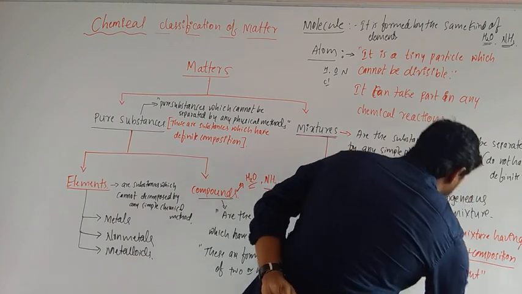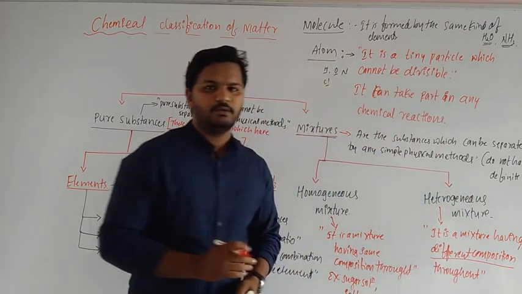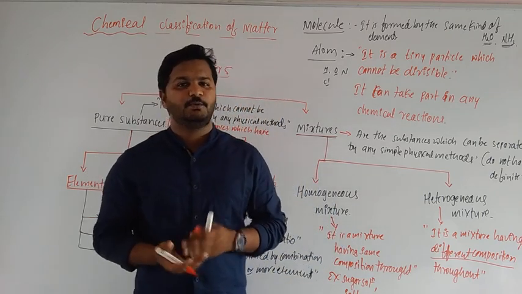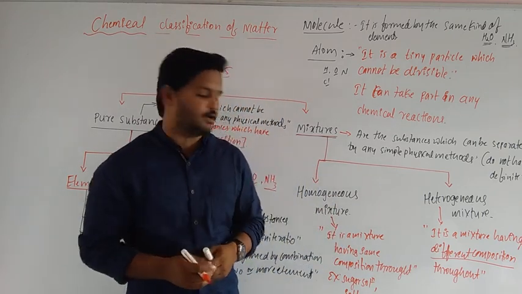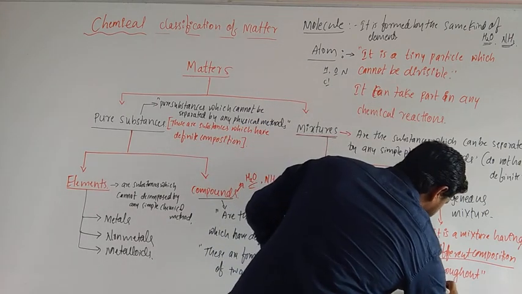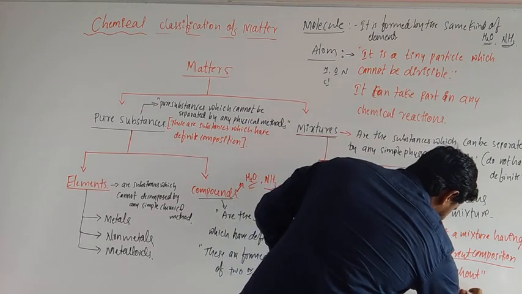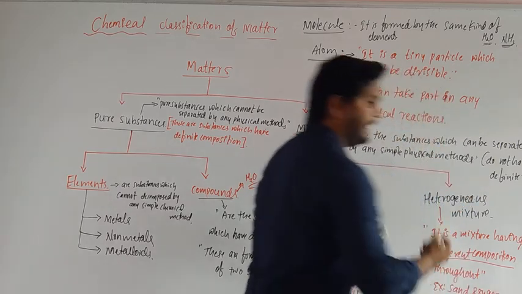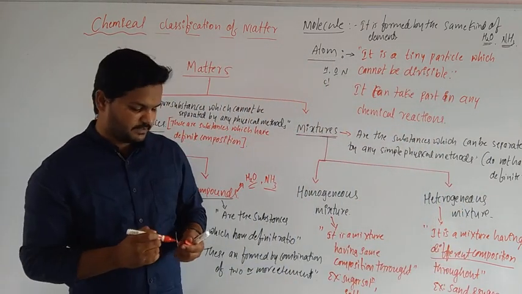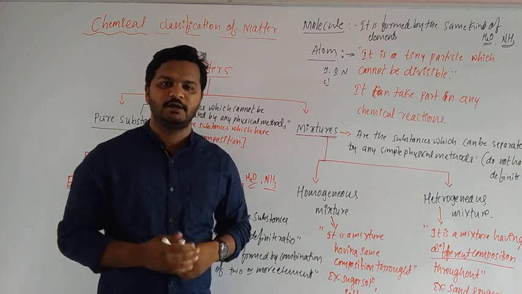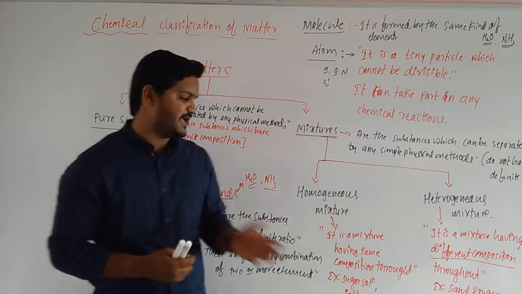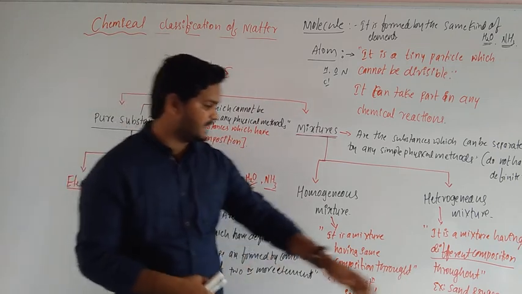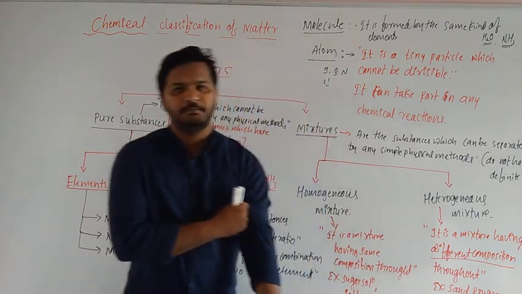Means now, what should we take in the beaker? We take sand, we take water, and mix both; the composition becomes different. Okay, so examples: sand and sugar or sand and water. Okay, or stones and water. Okay, mixture of stones and water, mixture of sand and water, and mixture of sand and sugar, these are examples for a heterogeneous mixture.